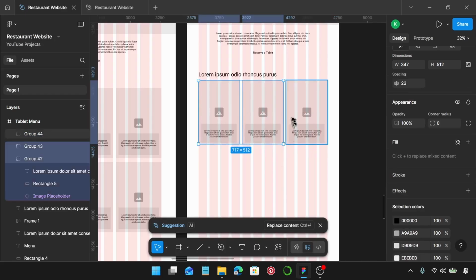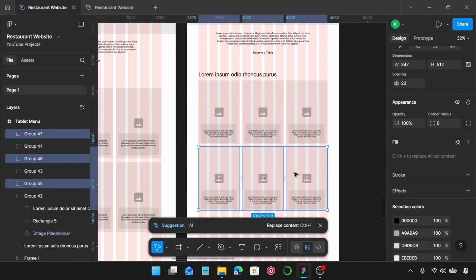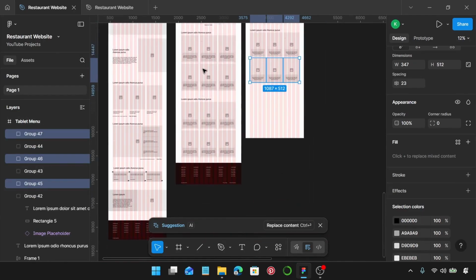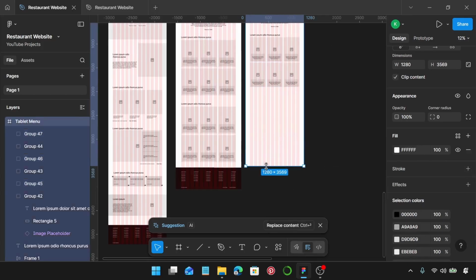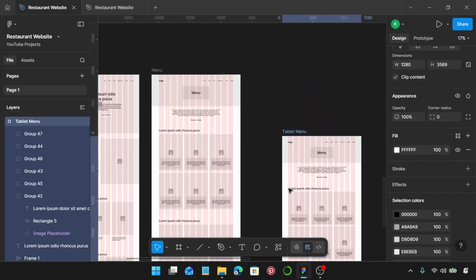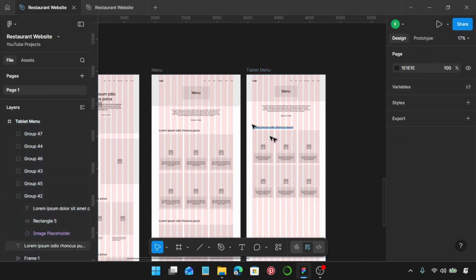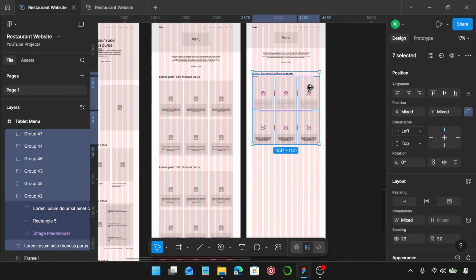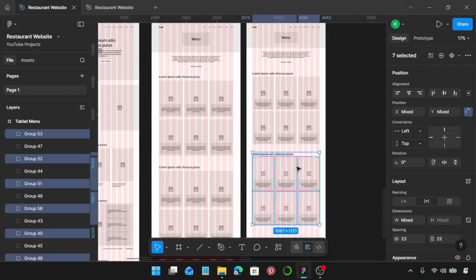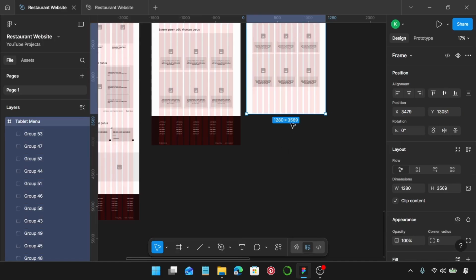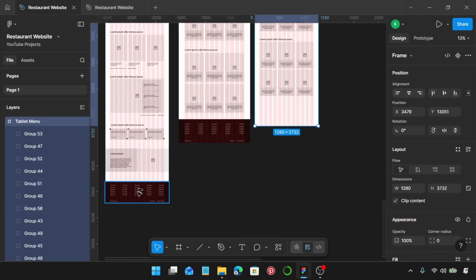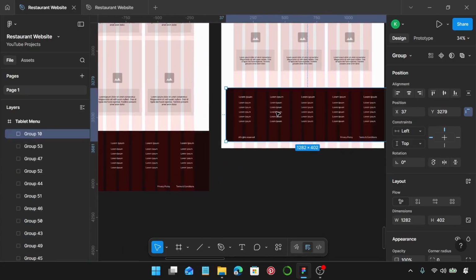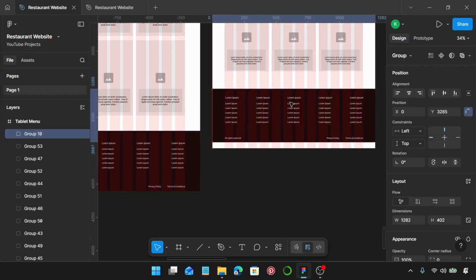Now I'm going to select all three and I'm going to duplicate. So this one we have two separate categories, so I'm just going to replicate that. I'm going to select all of these, hold Alt and Shift, and I'm going to create another group, and I'm just going to increase the height of this, and I'm going to copy the footer section and bring it into this menu frame,